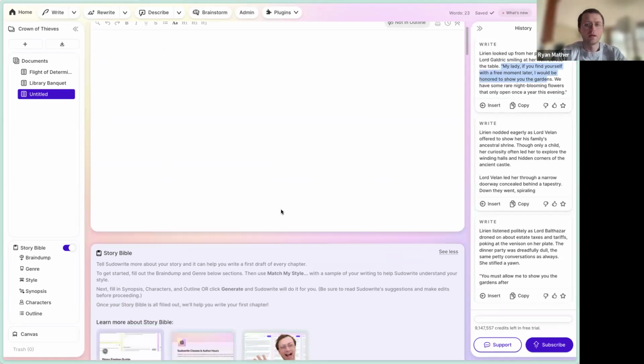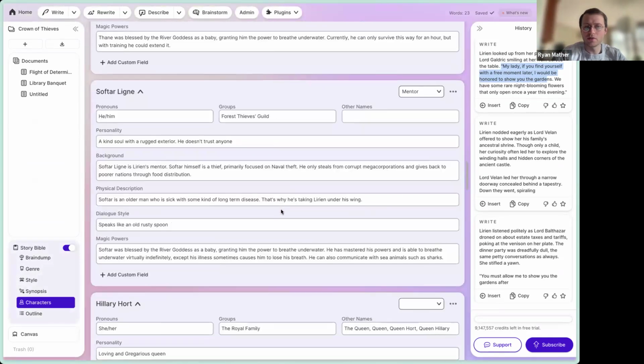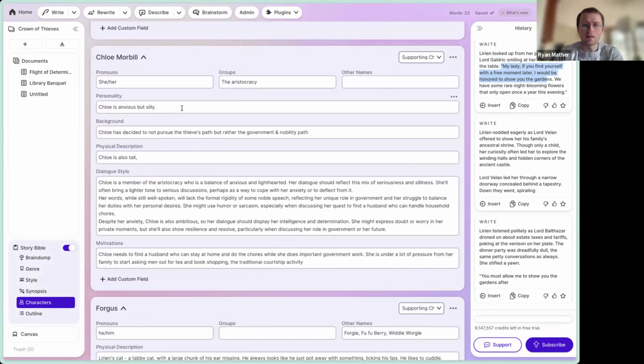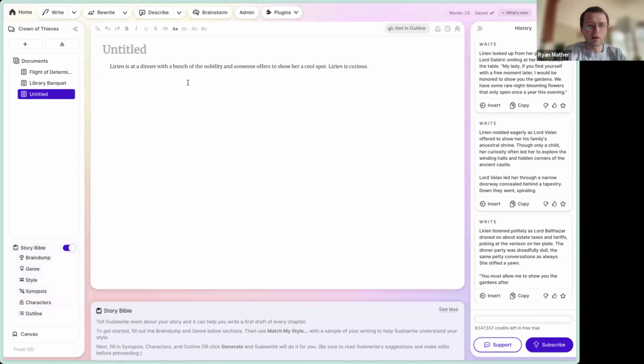Here's an idea. So I have this other character in here whose name is Chloe. And Chloe is a friend of Lyrian's, but she has decided not to pursue the thieves' path, but rather the government and nobility path. And I wrote down in terms of motivations that she needs to find a husband who can stay home and do all the chores while she does important government work. She's under a lot of pressure from her family. So maybe I can try writing just a prompt or a beginning that says Lyrian and Chloe are